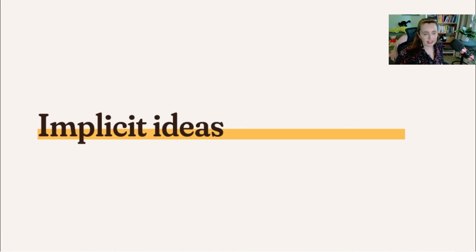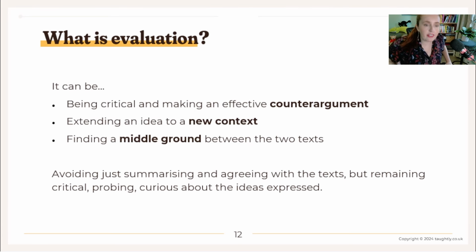All right, the implicit ideas. So we are going to evaluate the implicit ideas, things that are suggested in the text or things that we can pull out of the text. Basically, evaluation. Now, remember, I've got a whole video lesson. Just search Totally Evaluation. It'll come up where I go over this in much more depth and give really specific examples. But remember that evaluation is essentially these three things: being critical of the text and making an effective counter-argument,